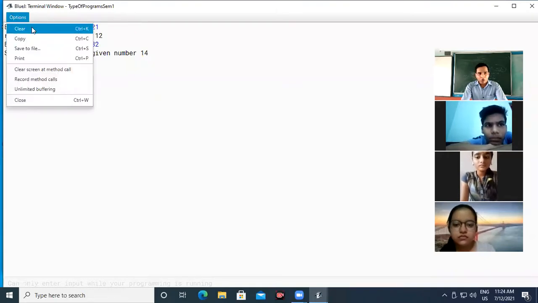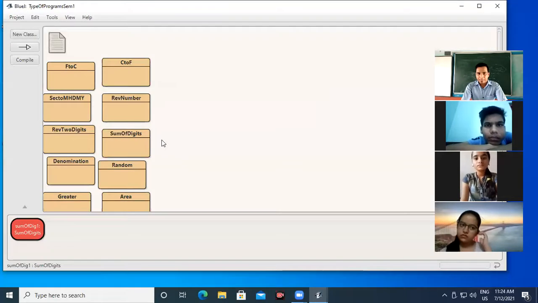So, two programs we just completed, and that is a very similar technique. In the first case, we just reverse the digits, meaning we reverse the number. That is 1, 2, 3, 4, and the output will be 4, 3, 2, 1. Okay, this is the first kind of program. And the second one is we just separate the digits and generate the sum.